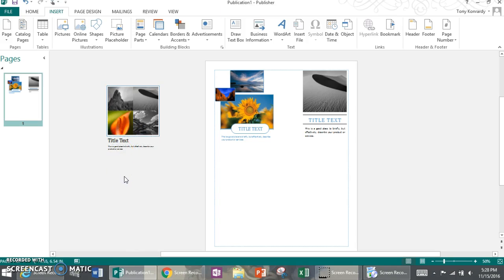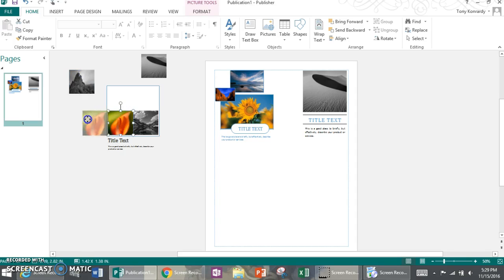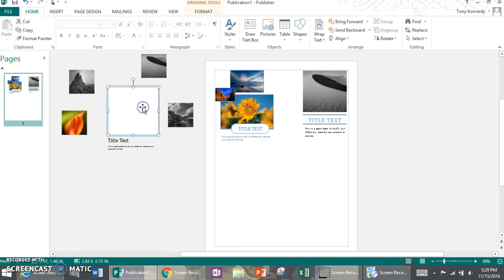One awesome feature about Microsoft Publisher is that if we take our mouse and we click and surround everything that's inside that box, we can ungroup or separate the parts. So if we go back to our Home tab, after we have that all selected, we choose Ungroup, and I had to click that twice. But now we have the ability to pull separate parts out of there, and we can rework existing templates that we put in. So for instance, if I would prefer to have my title up above,